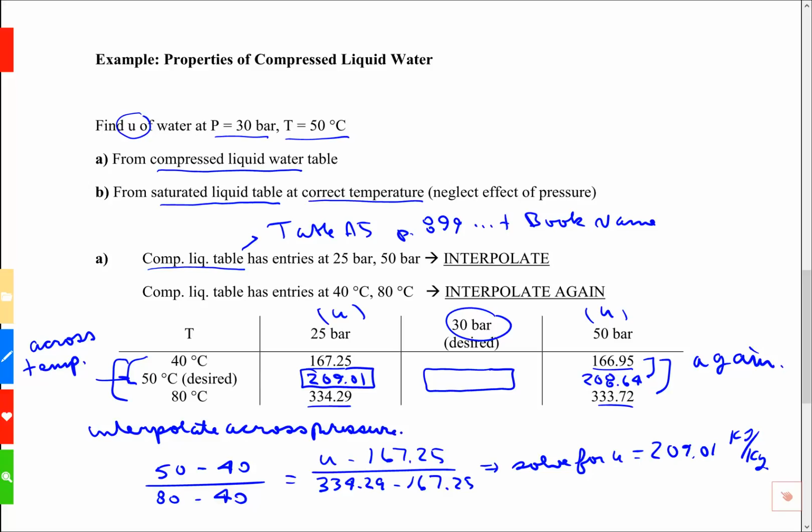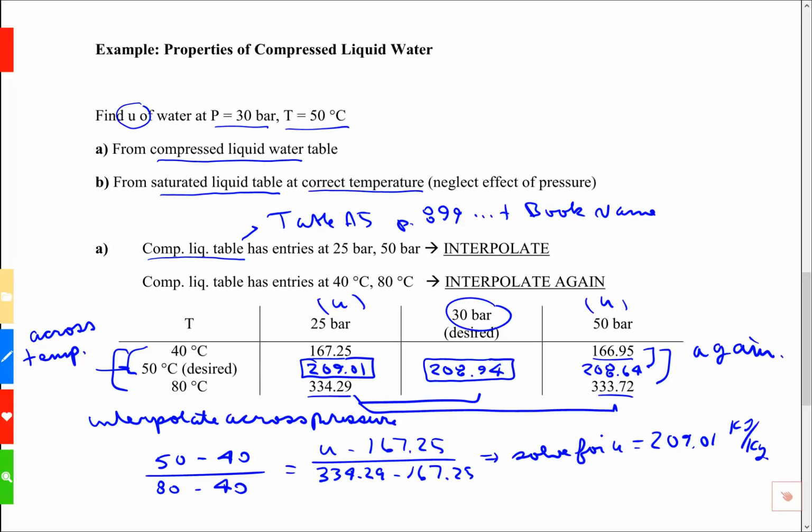And interpolating across pressure would be relating the distance between 30 and 25 bar and the distance between 50 and 25 bar. When we do that, the final answer, the final number, is going to be 208.94. So the answer is